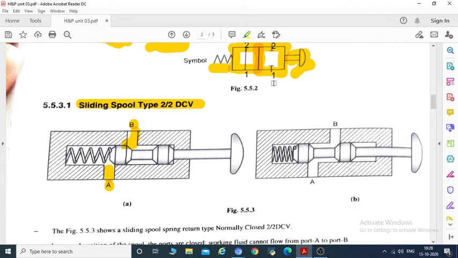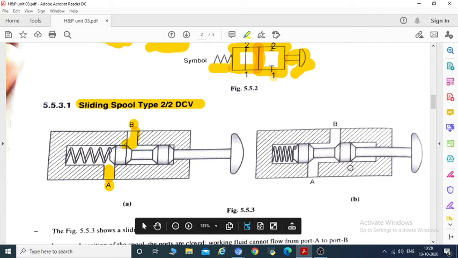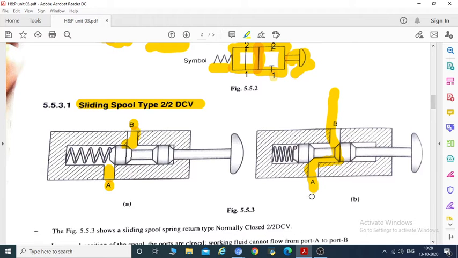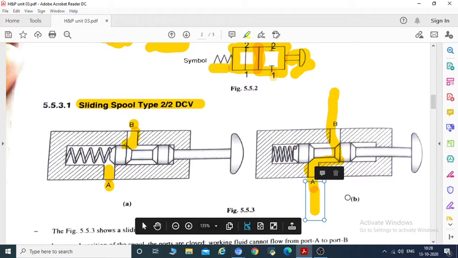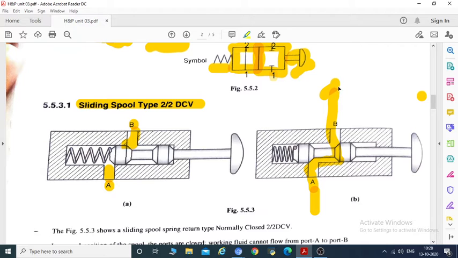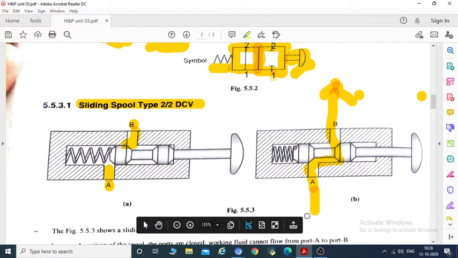So this is this position. Okay, and in the second position it has continuous flow. This is the second position where the flow is continuous from this direction to this direction. So this is the continuously flowing position and this is the restricted position here.